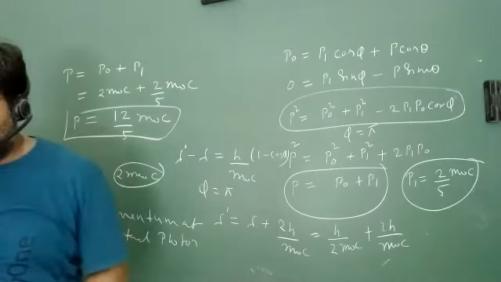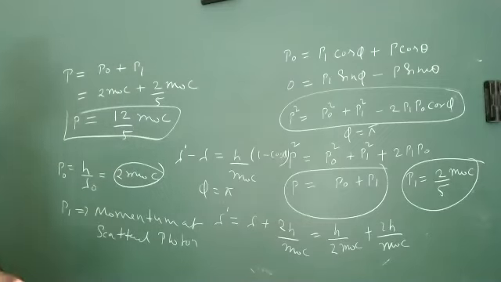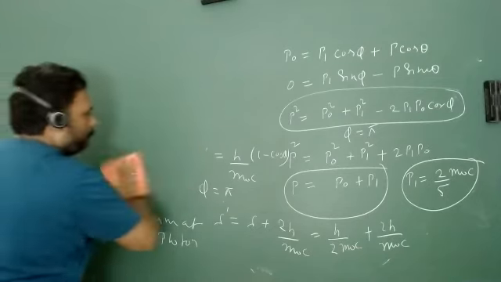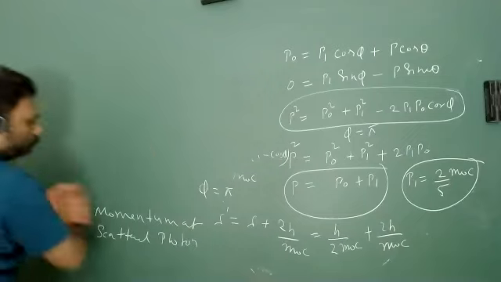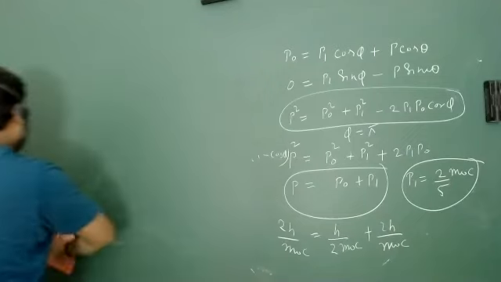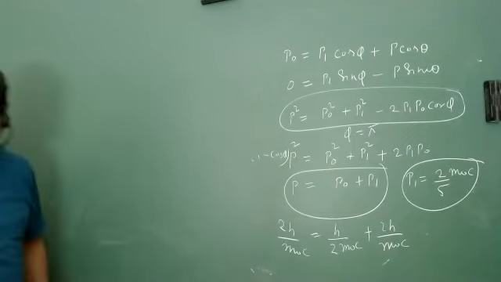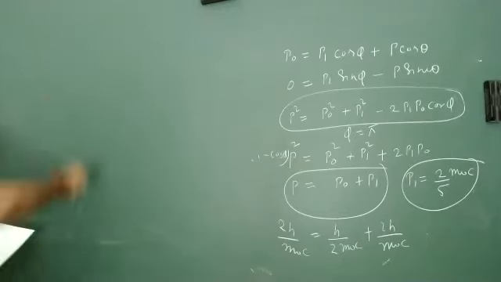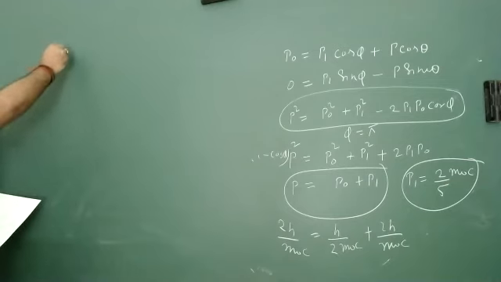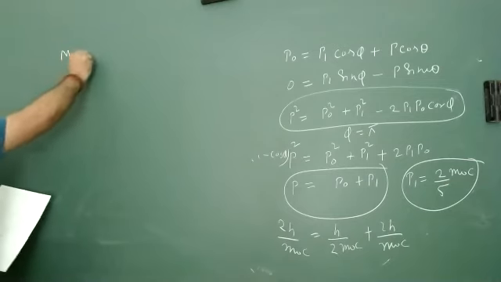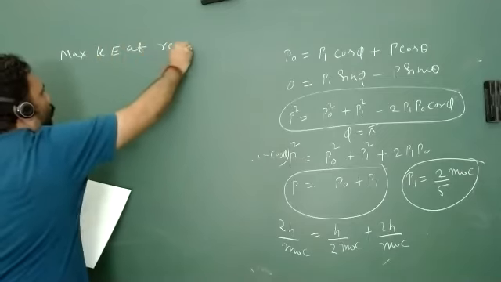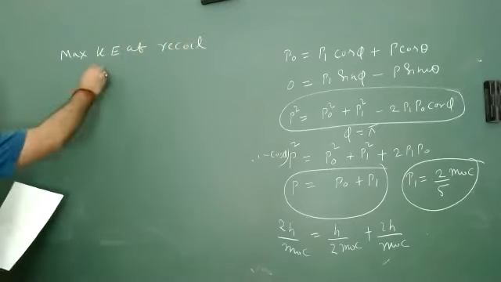So let's go for the final problem, and this is quite an easy problem, not very tough. There's one more class, I have to finish this, so let me finish it. It will take only 1 to 2 minutes, don't worry. What you have to calculate? You have to calculate the maximum kinetic energy of recoil electron